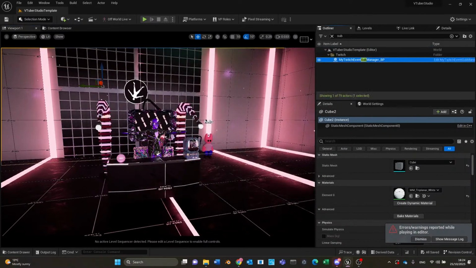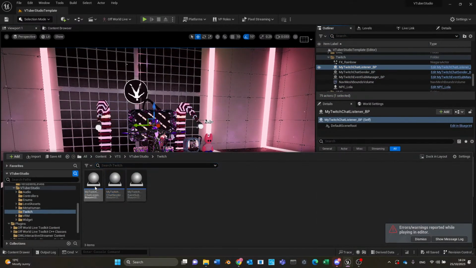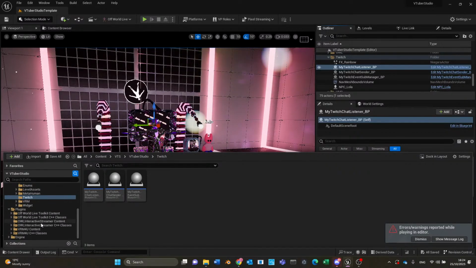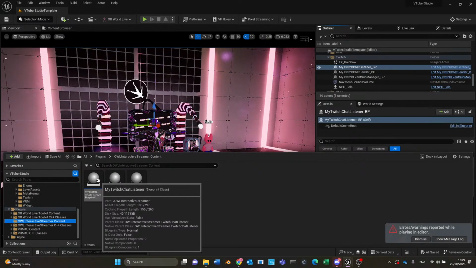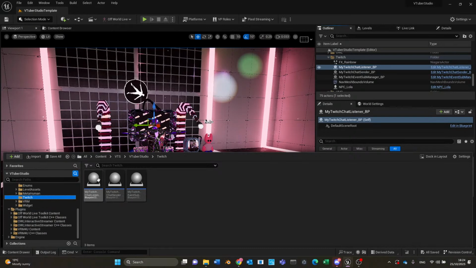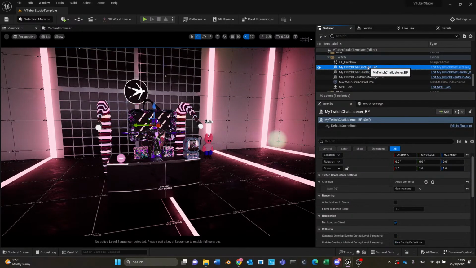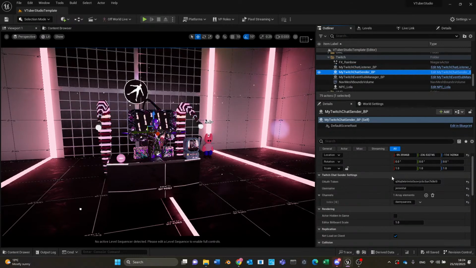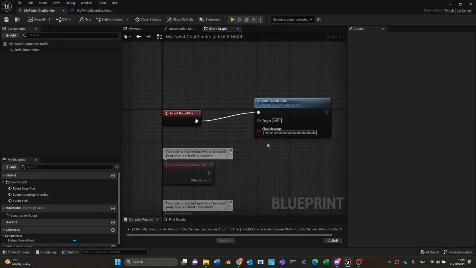A really quick thing to do is to just basically walk through the process. We have 3 types of blueprint class. So feel free to create a child blueprint class, place it in your project folders, and then drag it into your scene. Within it, for a listener, you don't need anything, you just need a target to listen to. For chat listener, you'll need an OAuth token and your username, and then inside the blueprint, just find